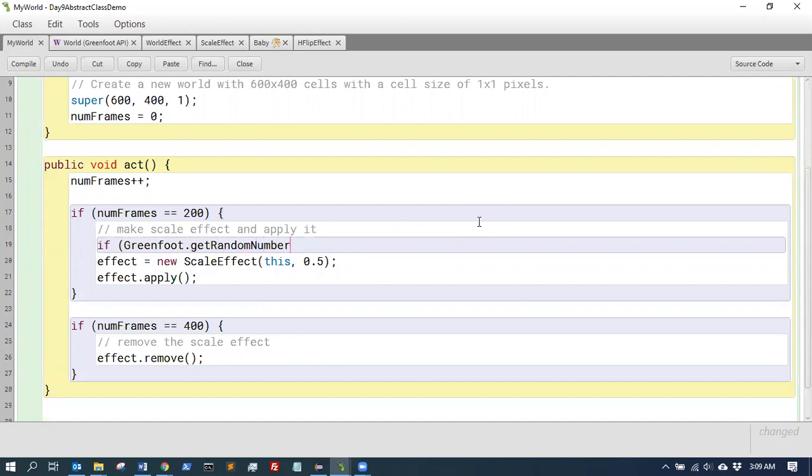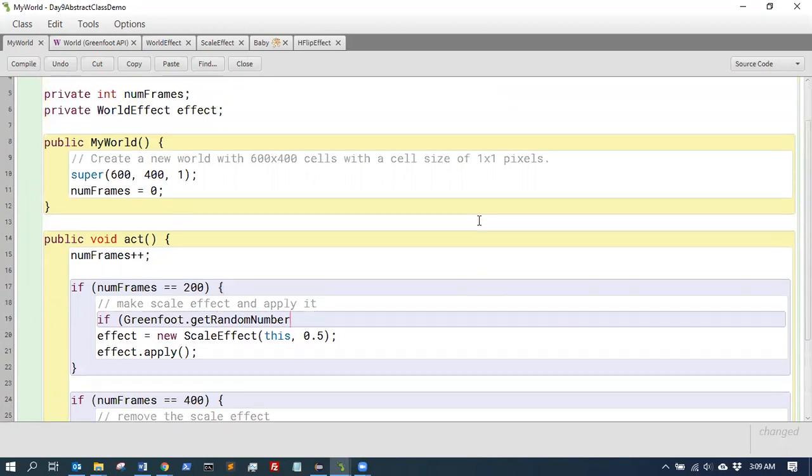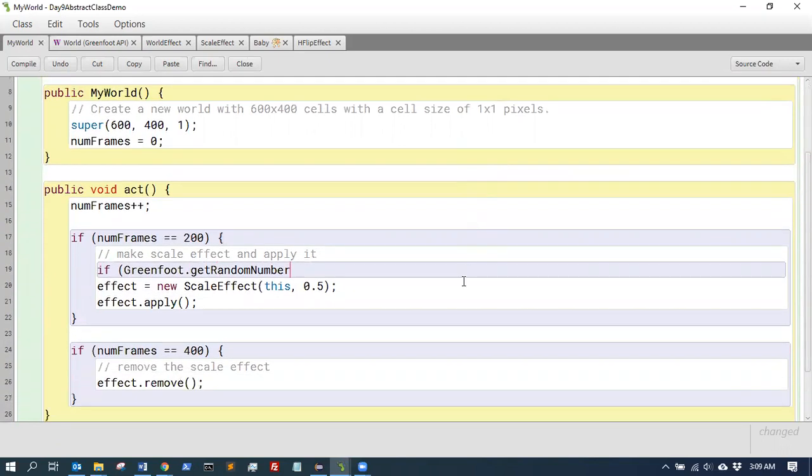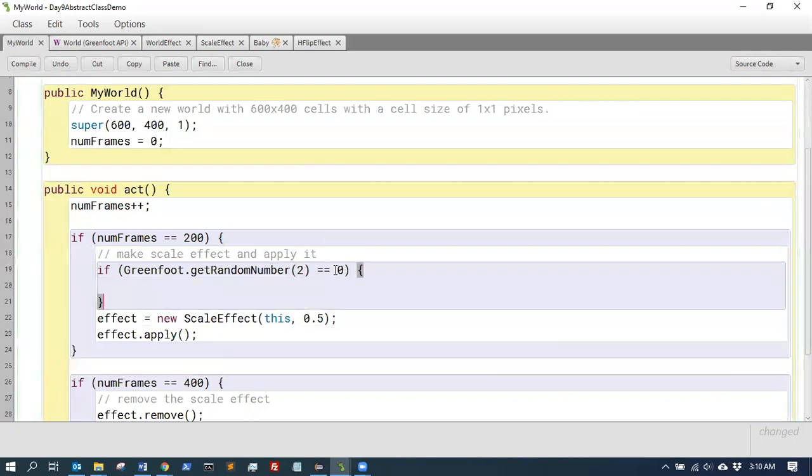Remember, we pass it a number. If we passed it 2, it would pick a number from 0 up to but not including 2, so 0 or 1. If I said if that equals 0, that's going to be true 50% of the time. So if it's a 0,